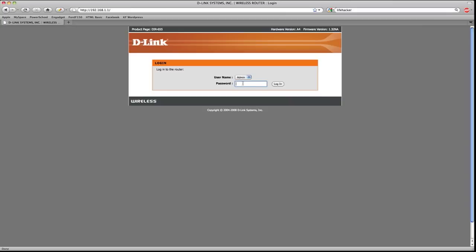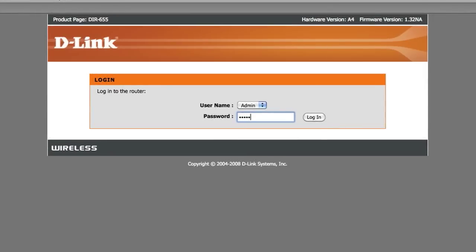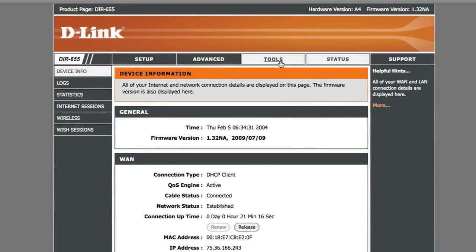Once you've figured out what your router's IP address is, you'll be greeted with probably a login page or a login username and password field. You're going to also have to look and see what the default password for your router is. You can usually find those on Google or in the book that came with the router. But once you're in, you're going to need to set up the dynamic DNS, and it's either in advanced or